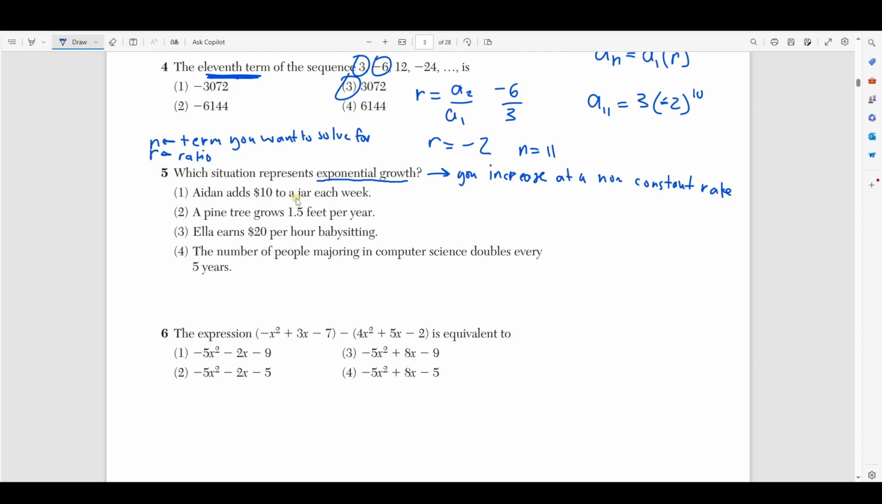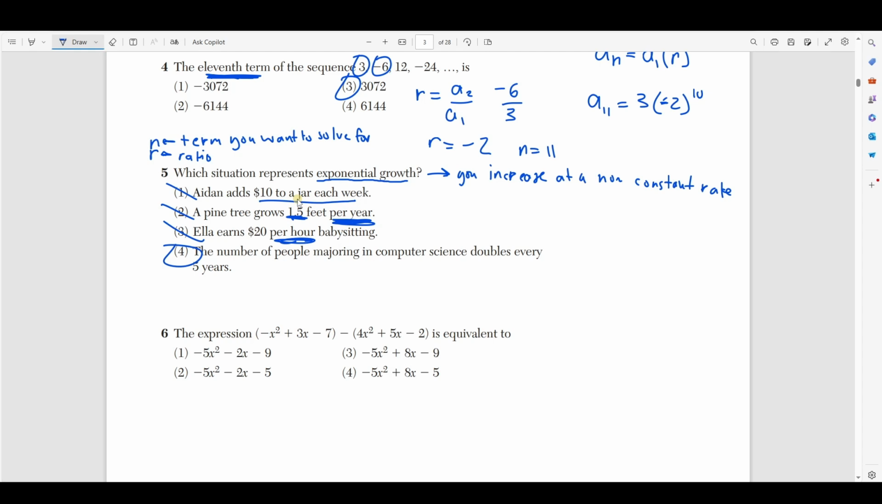So if you add $10 to a jar each week, you're increasing by the same number every single time. You're increasing by 10 every week, same number. Number 2 says a pine tree grows 1.5 feet per year. Here, you're increasing by the same number every single time, every single year. 3 says Ella earns $20 per hour babysitting. This is also false because you earn $20 every single hour, every single time. So 4 has to be the right answer because of the process of elimination, but also